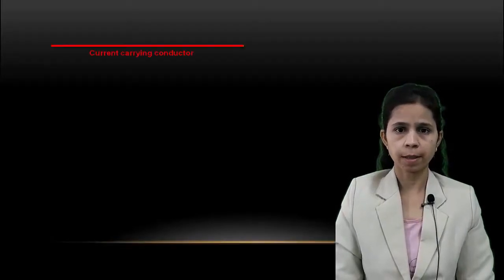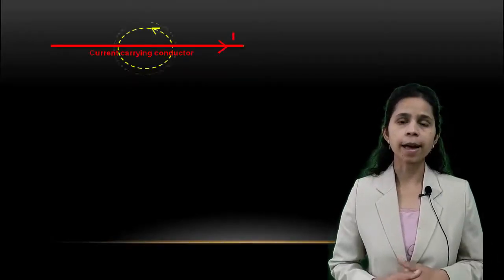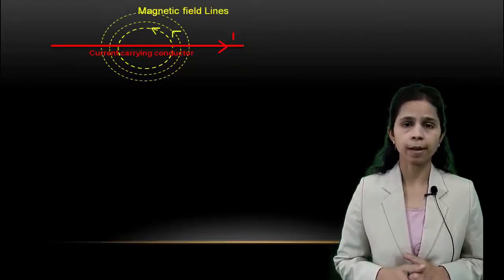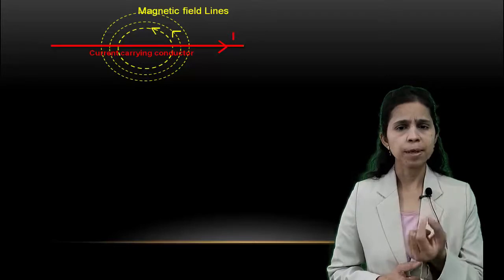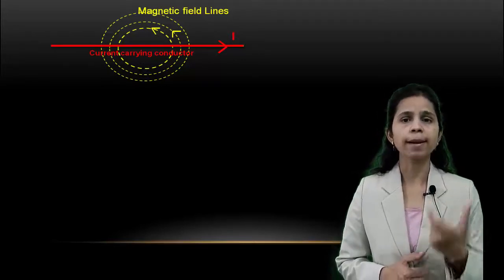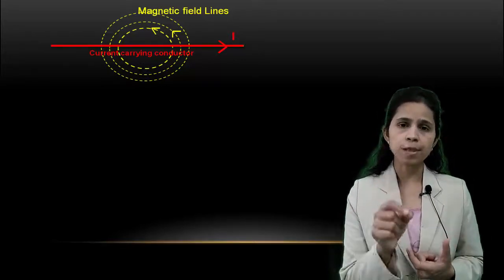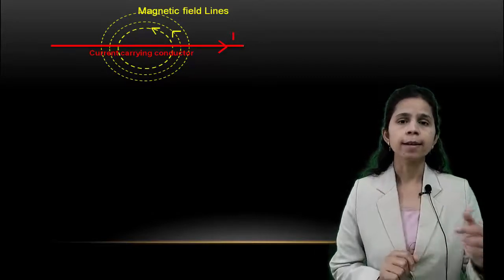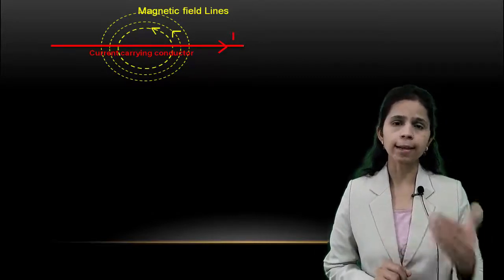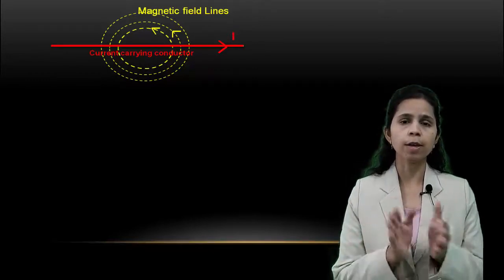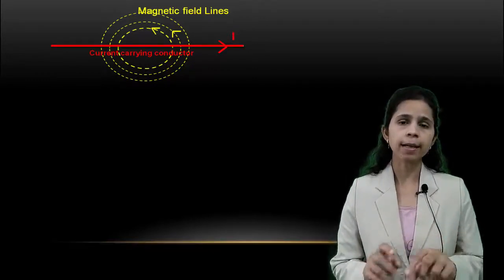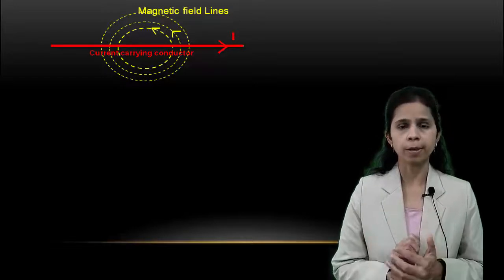Now let us discuss what mutual inductance is. We all know that a current carrying conductor produces a magnetic field around it. You may have tried this experiment in your childhood. If a piece of wire is connected to a cell or battery, and you keep pins or nails near that wire, then the pins and nails get attracted to the wire. Or if you put some iron filings on a cardboard near the wire, the iron filings arrange themselves in the shape of magnetic field lines.